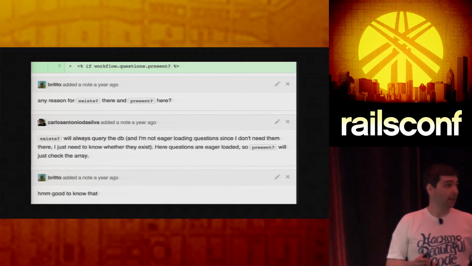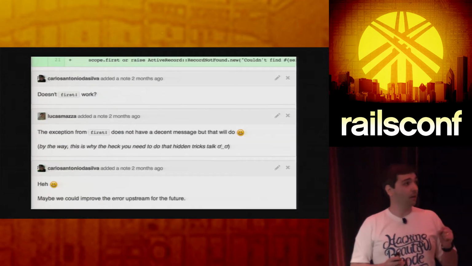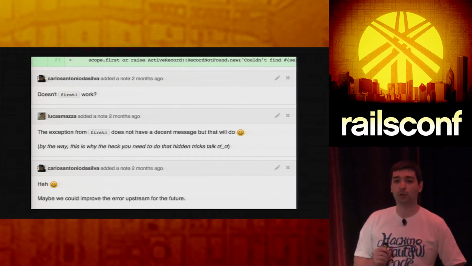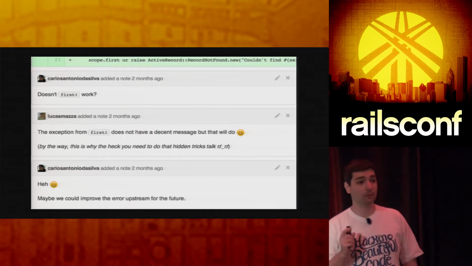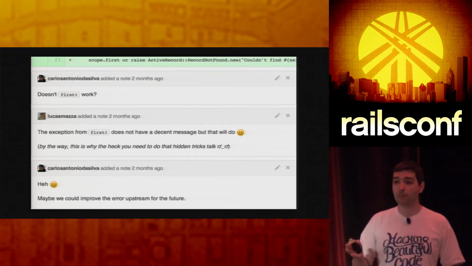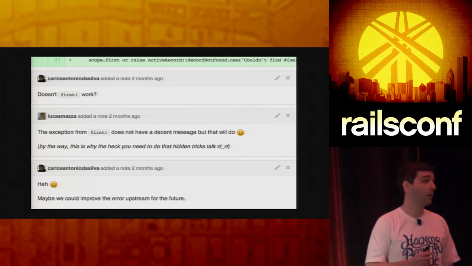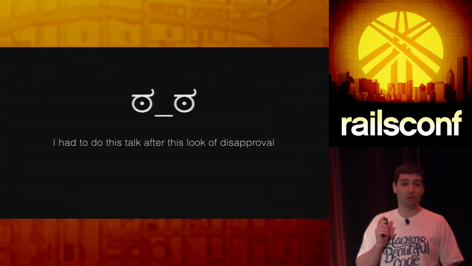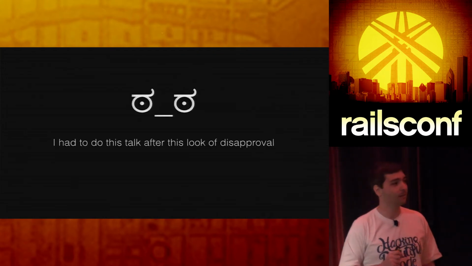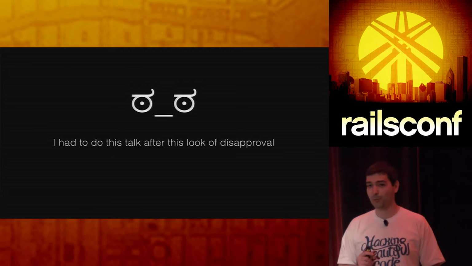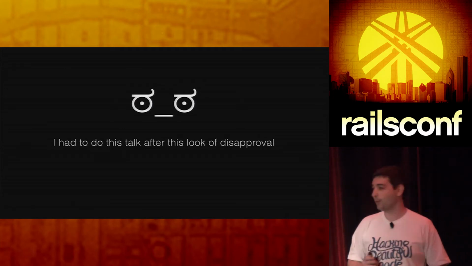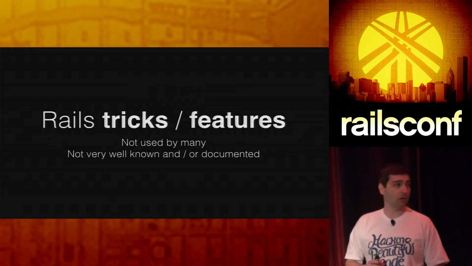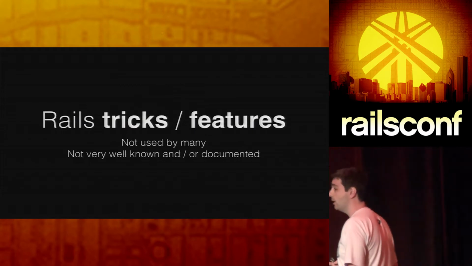And besides that, we also give hints when we should do blog posts and when we should do talks about something interesting that we learn in our pull request. And this was actually the one that made me start wondering why I should do this talk. After that look at this approval, you should do that. So here I am. We're going to talk about Rails 6 features.